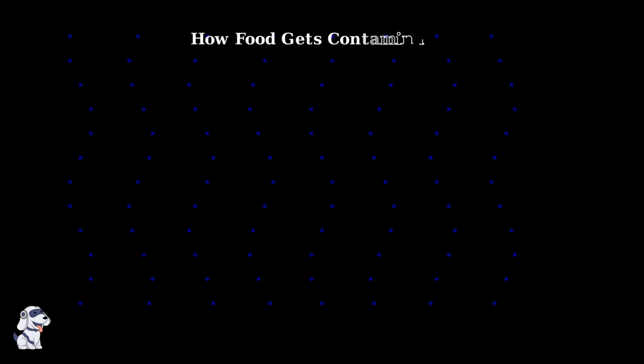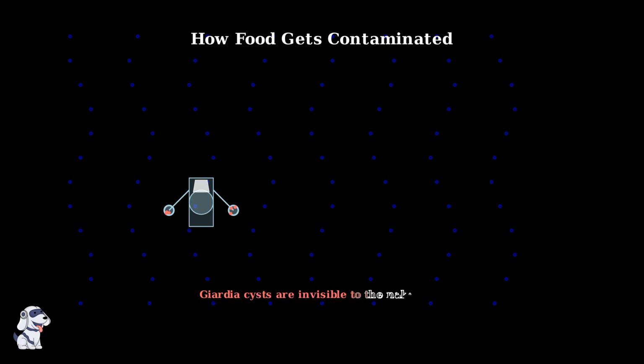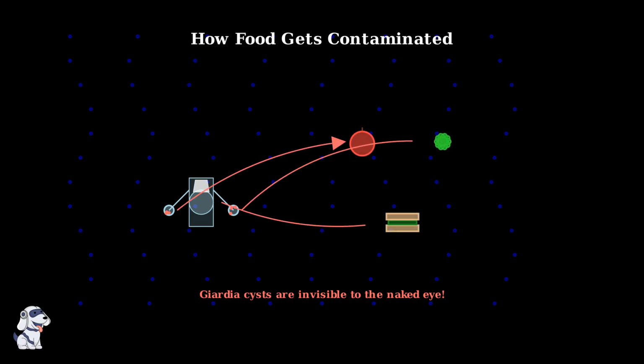Food contamination with Giardia cysts happens in several ways, but the most common route is through infected food handlers who don't practice proper hand hygiene. When food handlers are infected with Giardia, microscopic cysts can be present on their hands, even though they're completely invisible to the naked eye. These contaminated hands can then transfer Giardia cysts directly to food items during preparation, serving, or